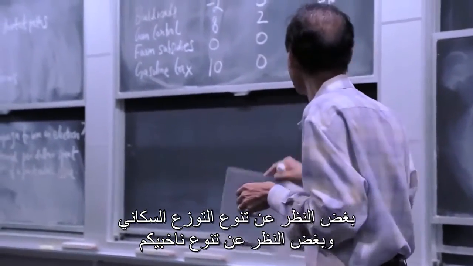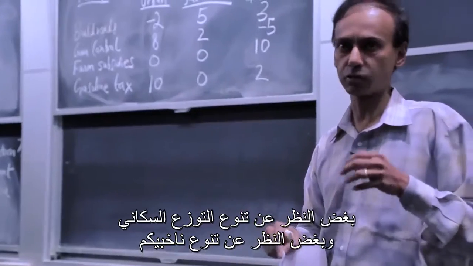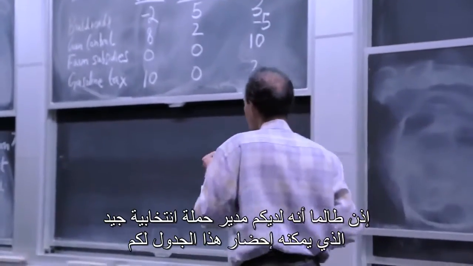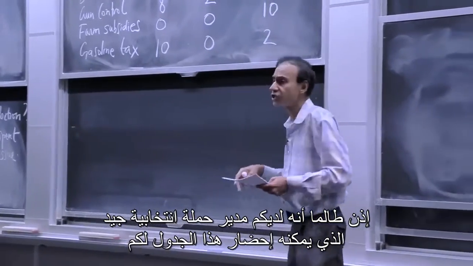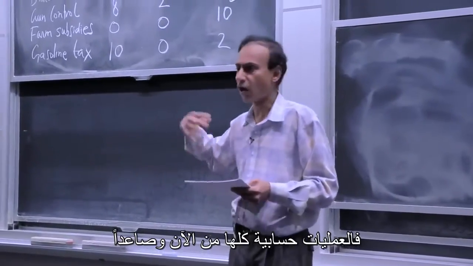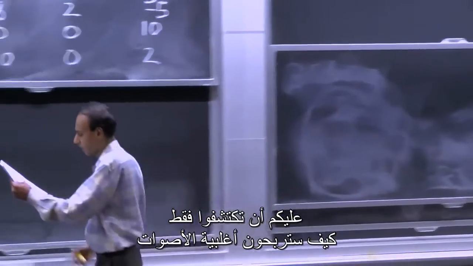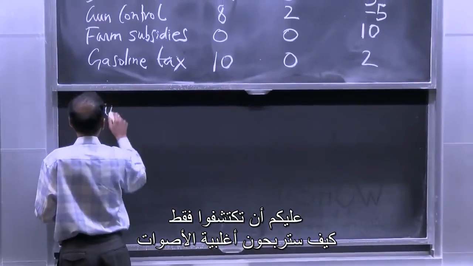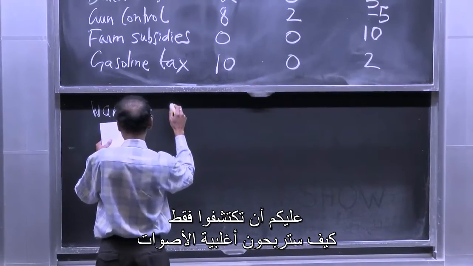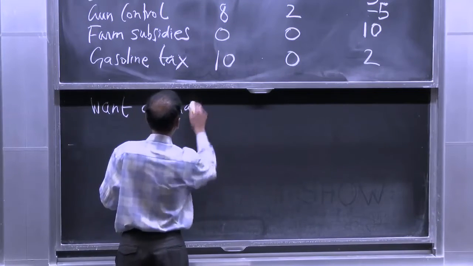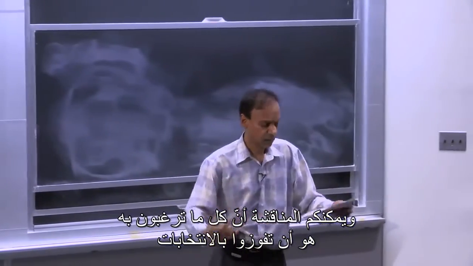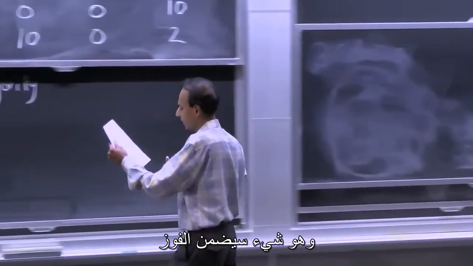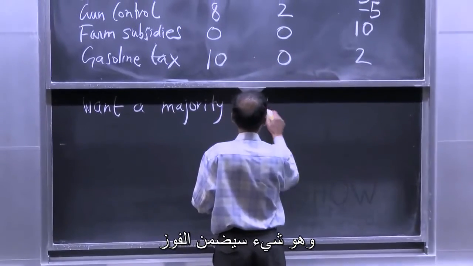Regardless of how crazy the demographics are, how crazy your electorate is, right? You want to win the election. So as long as you have a great campaign manager who can get you this table, it's all mathematical from here on out, okay? You just got to figure out how you're going to win a majority. And you could argue that all you want is to win the election. We're going to do something slightly different, which is something that's obviously going to guarantee